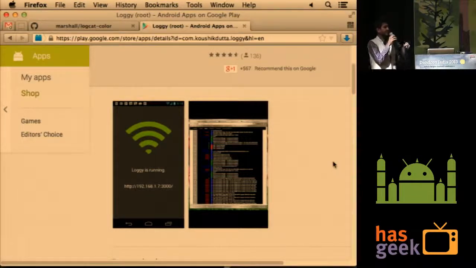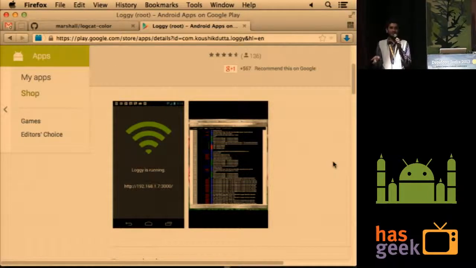So instead of seeing the Logcat on your terminal or in your IDE, which is already fairly cluttered, you can open a tab in Chrome or Firefox and see your Logcat messages in a very nice format. You can filter through them, again by tag or by date or stuff like that. That's it. Basically, these are two of the most popular tools out there to make your Logcat reading simpler. That's about it. Thanks.